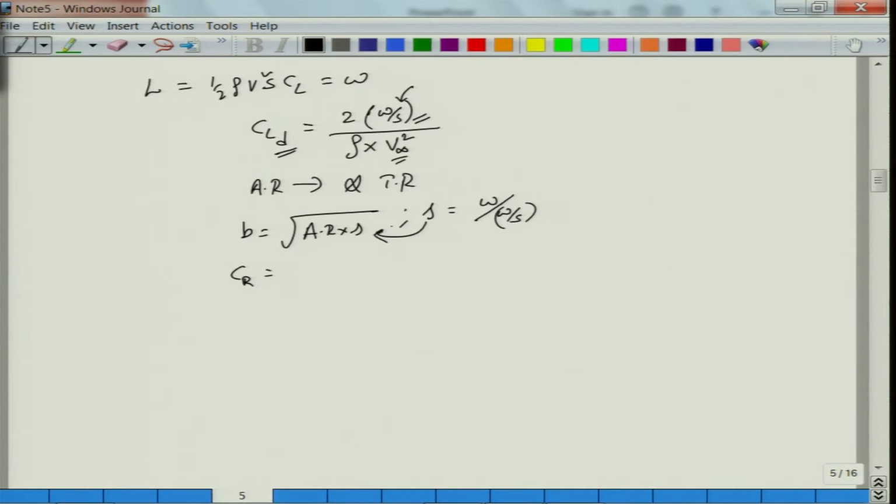With the input of lambda, the taper ratio, you got the root chord needed to achieve that area with that particular span, which is equal to 2S upon B times (1 plus lambda). So lambda is an input here. And then you figured out the tip chord based upon lambda, which is CR times lambda. With that we estimated the wing planform area.